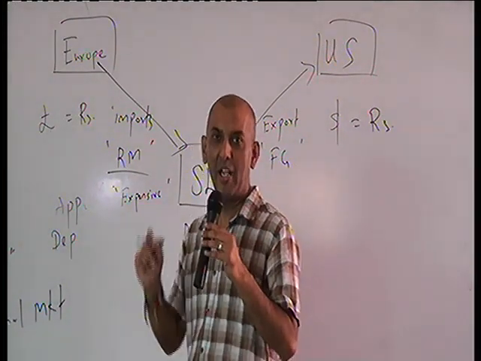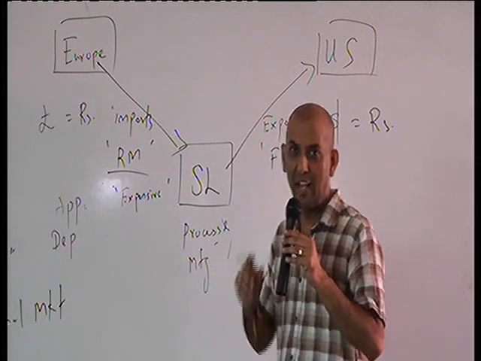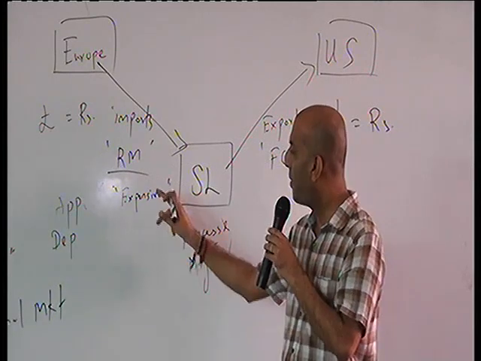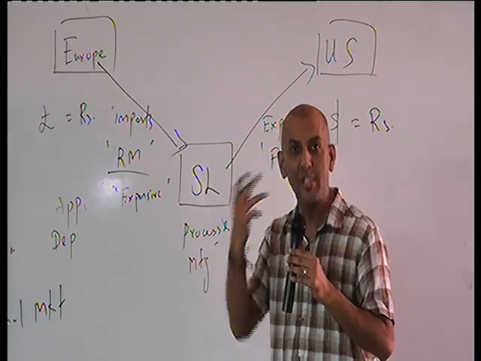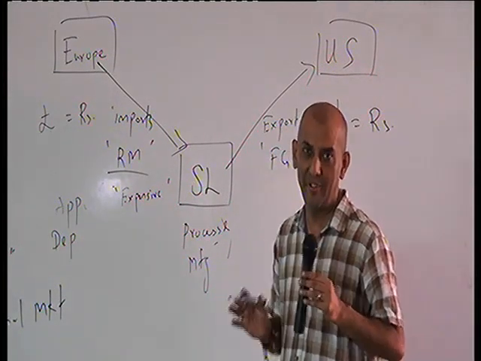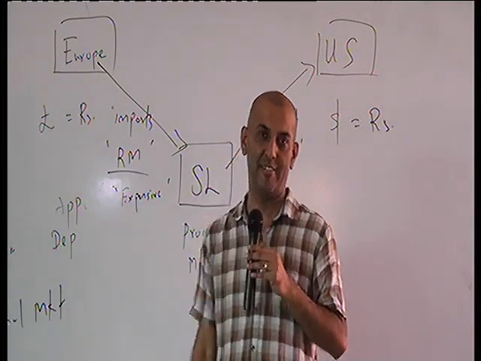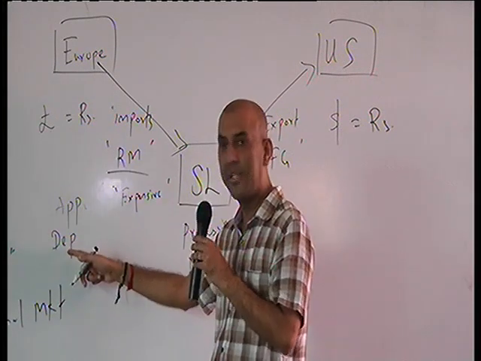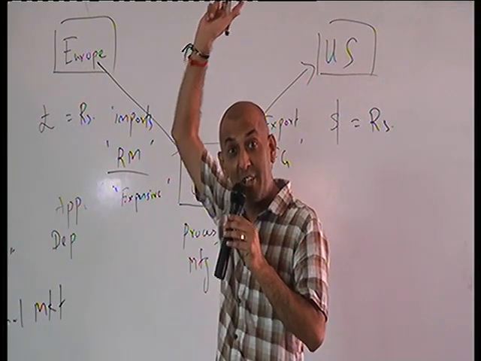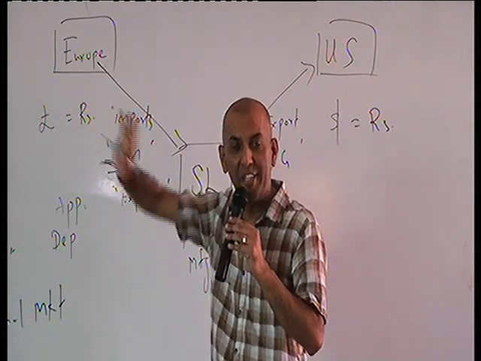If the sterling pound appreciates, raw material becomes expensive, which means, assuming we keep our margin on our manufactured goods and sell to the US, and the raw material cost goes up, are we going to lose competitiveness or gain competitiveness? We are going to lose competitiveness. So with sterling pound appreciation, we lose competitiveness in our customers' market. That is one.